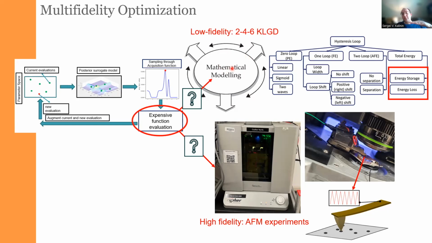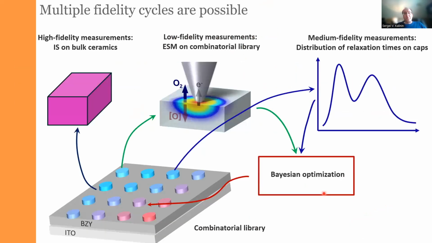So then on the ground level, we have the Gaussian process. On the one level of fidelity, we have a numerical model, which is relatively cheap, but still requires calculation. And then the most expensive part of the process is the experiment. So of course we can have multiple fidelity cycles. For example, currently we are working on the proposal for Army, where we say that, look, if we have a combinatorial library of the materials for the fuel cell, we essentially can define